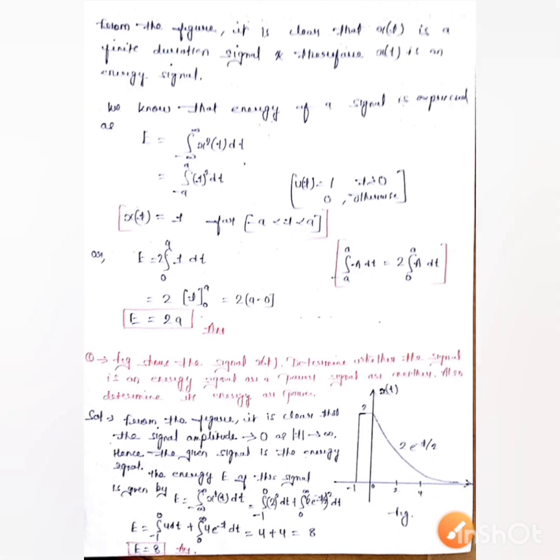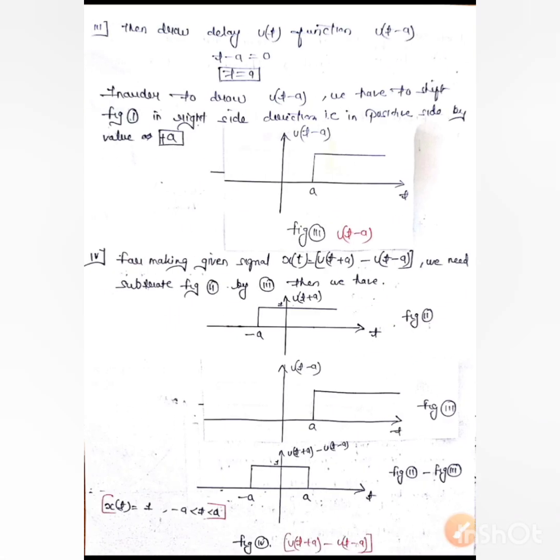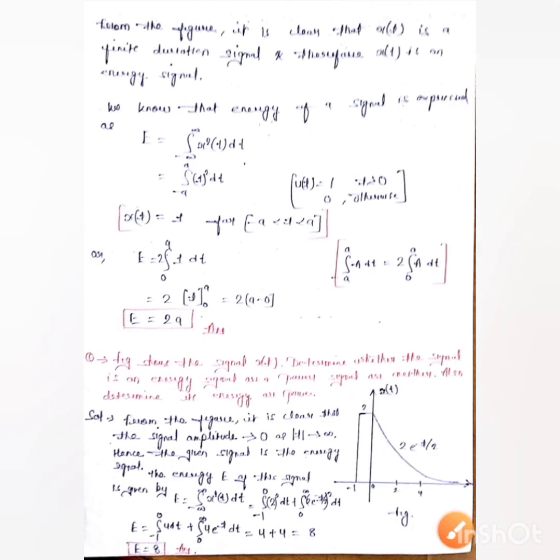Now, as the figure itself shows, this is a time limited function. The given function is time limited, and a power signal is a periodic signal. That means it must be periodically increasing with time. But here this figure is actually a time limited figure, hence this is not a power signal. This is because this is a time limited signal, hence this is an energy signal. So from the figure itself it has finite time duration, hence the signal is an energy signal.